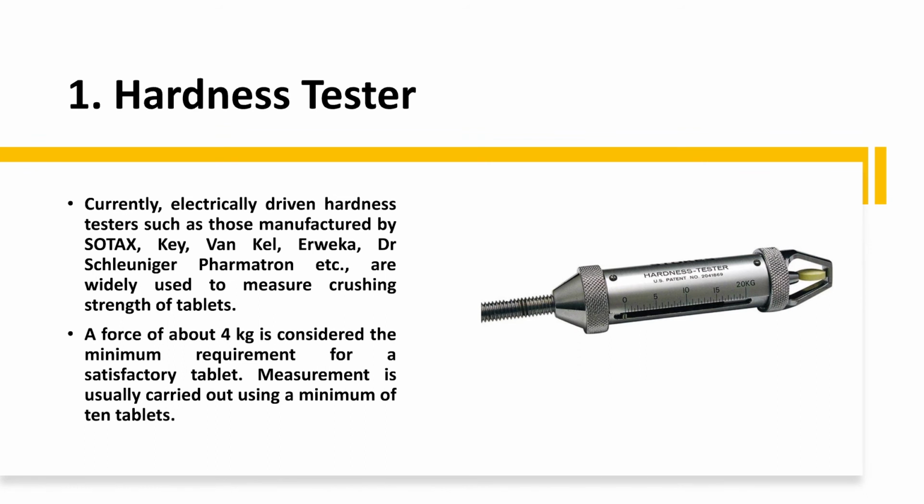Now the very first property is the hardness. In case of the tablets, hardness is very important because many factors are dependent on hardness. How come? For example, if you have high hardness, the tablet will not disintegrate properly within the specified period of time. So tablet hardness impacts many factors like disintegration, which further impacts the dissolution of the drug.